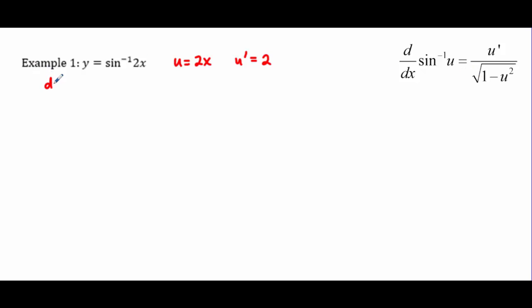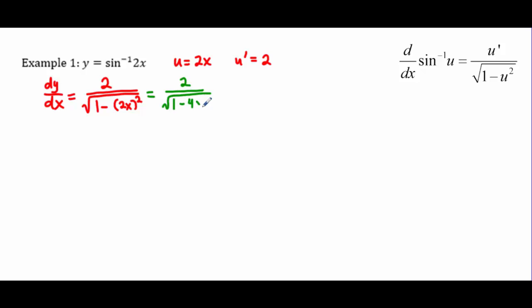So my derivative, dy over dx, is going to equal, u prime is on top, so that's 2. And on bottom, I'm going to put the square root of 1 minus u squared. It's really important that we put u in parentheses when we square it, because both parts of this need to get squared. This isn't 2x squared. This ends up being 4x squared. So there's not actually much I can do to simplify this except rewrite it so that this is 1